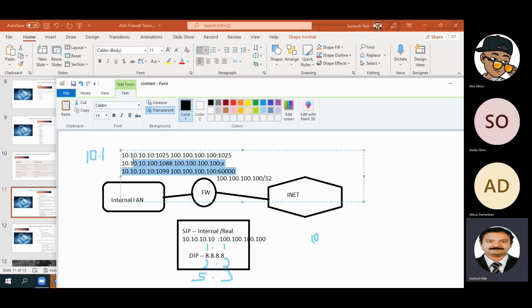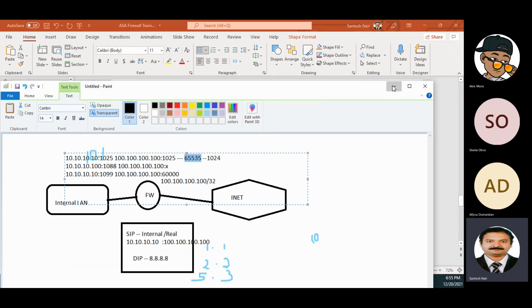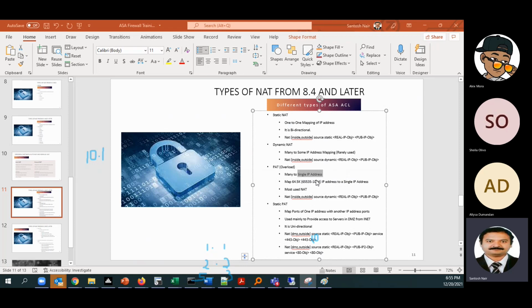A random port. So how many ports are there? We have 65535 ports in total, so this many connections can be established. But the first 1 to 1024 are reserved and cannot be used, so we subtract those, and we can use approximately 64,000 connections with one single IP address.